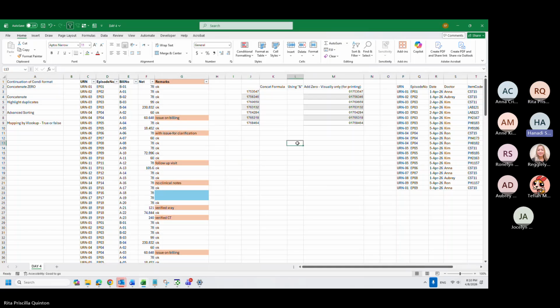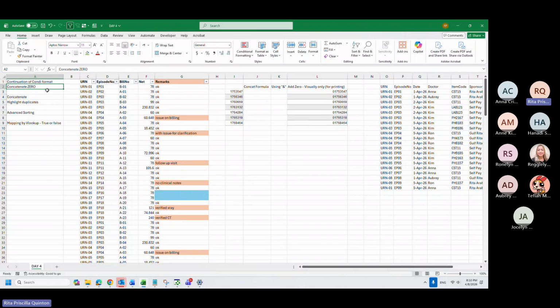Okay. So we will move on to the next formula I will teach today, which is concatenate. Concatenate is simply joining two or more cells, or joining anything on the cell that you like. For example, here, since these are not starting with zeros, I want them to start with zero.